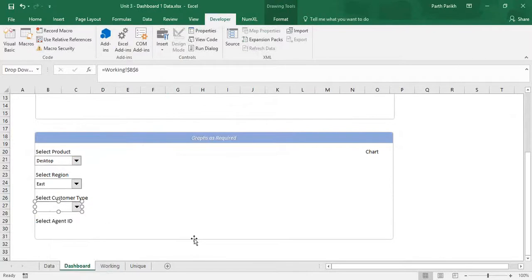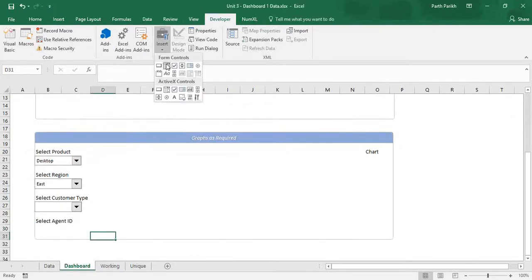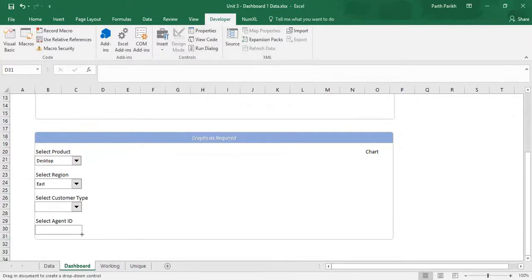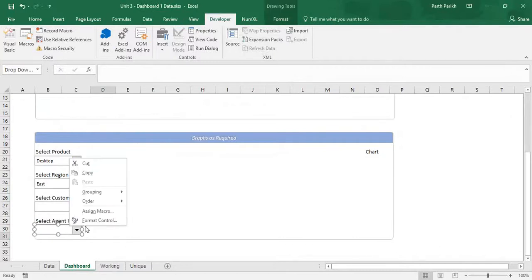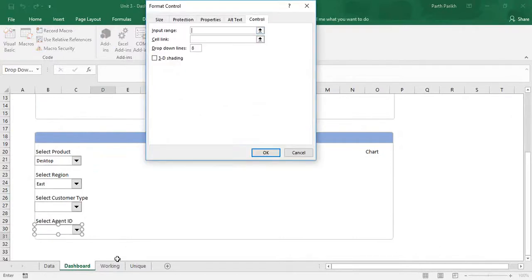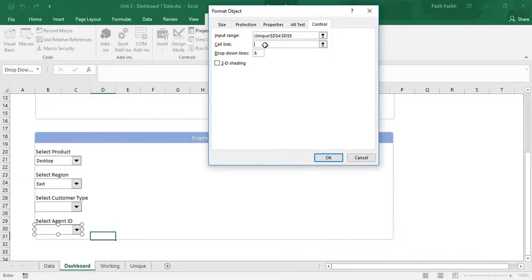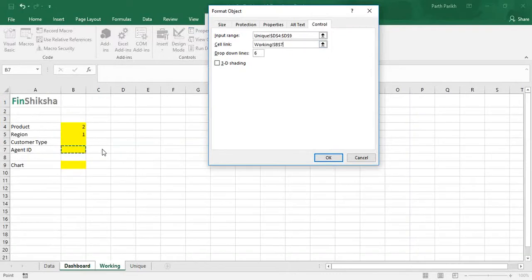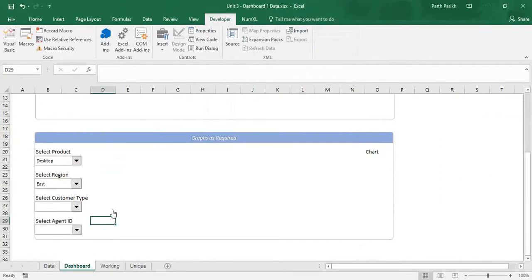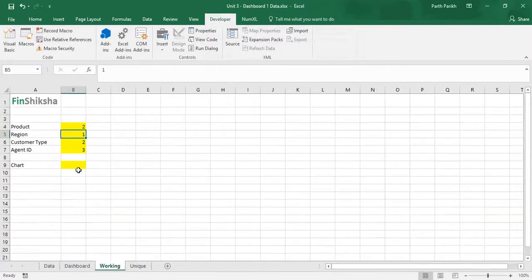So that's fantastic. Similarly for the agent ID, I am going to have combo box over here. I'll assign ranges to that as well. My range would be agent, so there are 6 agents. Drop down would be 6 agents. Cell linkage would be agent ID, and yeah, that's pretty much. I'll just check whether everything is working. Yeah, and my